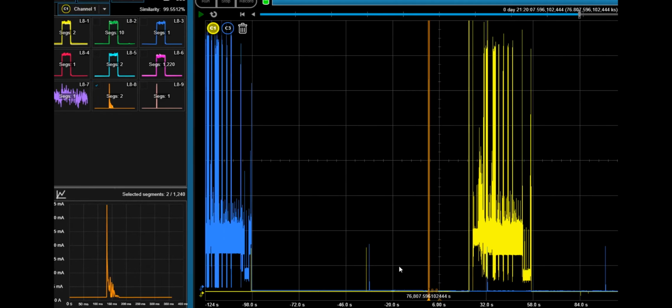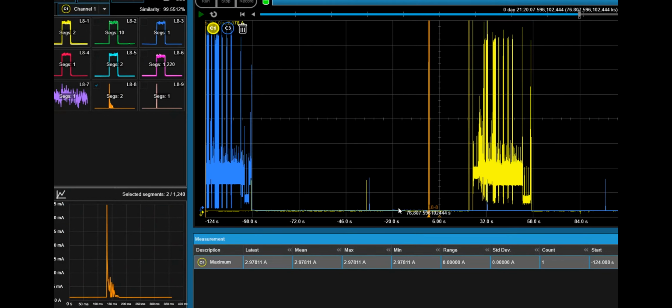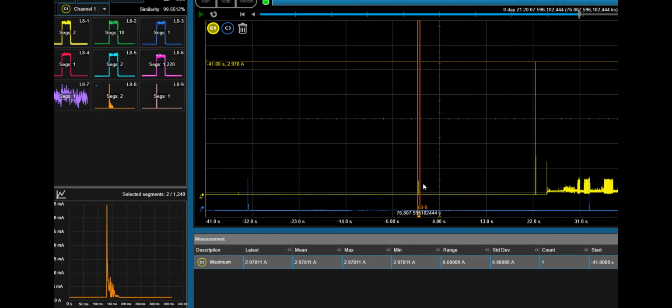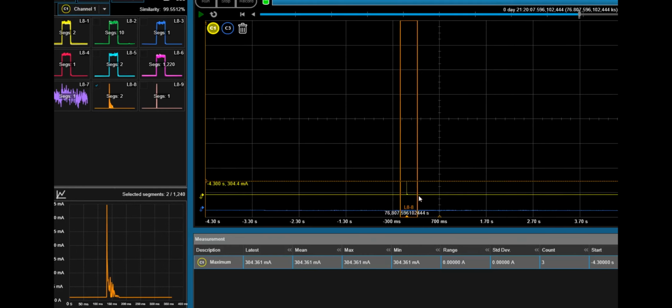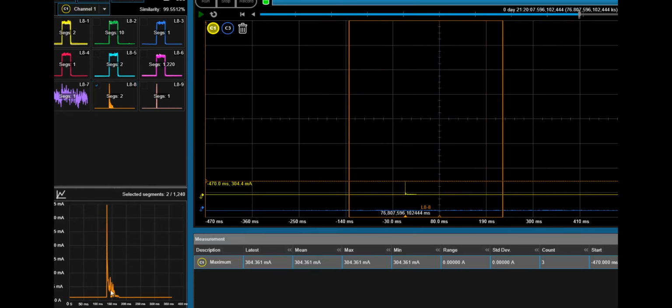Yes, so this is probably an unexpected waveform. And if I run the maximum on this, yes, so this is the one that was big. Yeah, this is the one. And it got picked up in this. The rest of them are all fine. So you can use this to work out whether you have suspicious waveforms on your device. But yeah, this is a tricky one. Yeah, that was 300 milliamps. In terms of its on time, if you compare it versus another one, it's actually a very short on